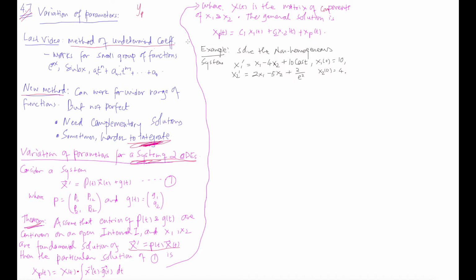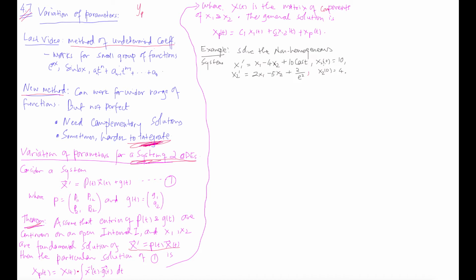All right, so let us do an example on solving a system of non-homogeneous equations. This system is basically a system of first order equations, right? But if it is a system of second order equations, you can always change it to a system of first order equations and then solve it like this. So solve the non-homogeneous system: x1 prime equals x1 minus 4x2 plus 10 cosine t, and x2 prime equals 2x1 minus 5x2 plus 2 over e squared,